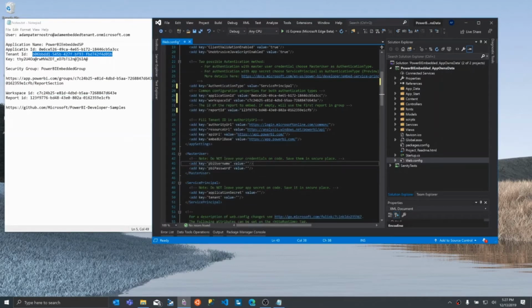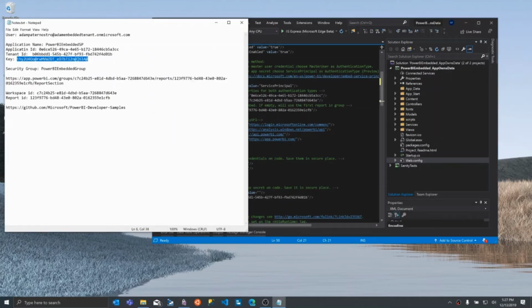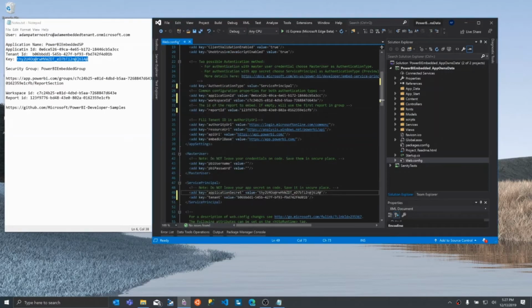In order for our service principal to know where to log into, we need to specify the tenant. And then in order for the service principal to log in, we need a secret, which is the password for the service principal. So quick review, we set the authentication type to service principal. We do our service principal application ID. We do our workspace and report ID from Power BI. Remember, this service principal is an admin of this workspace. And then we're going to pass in the application's secret, which is the password, and we're telling it the tenant, which is your Azure AD tenant, which basically lets the system know where to go check this